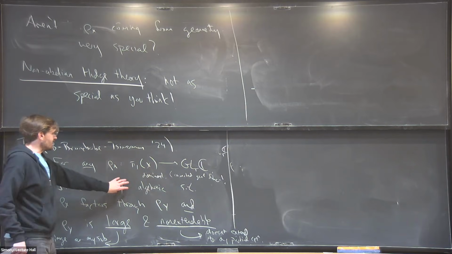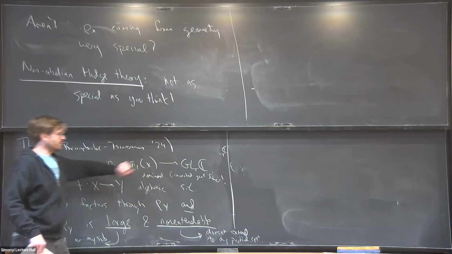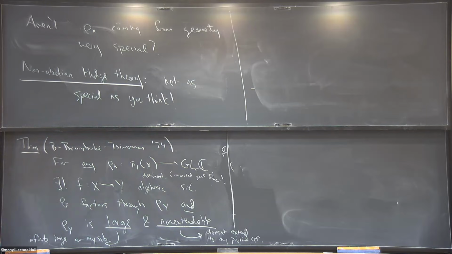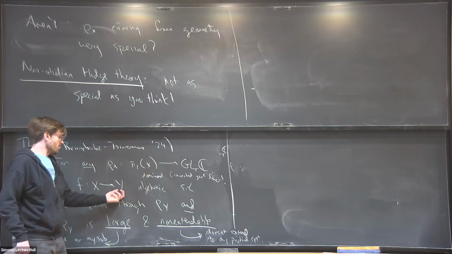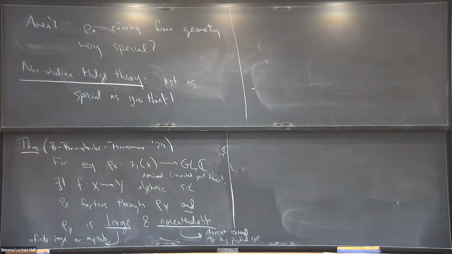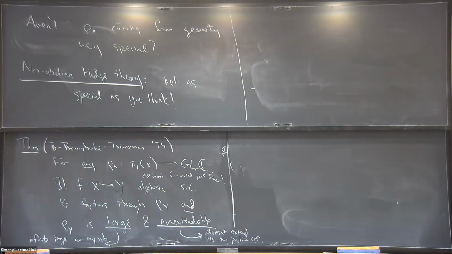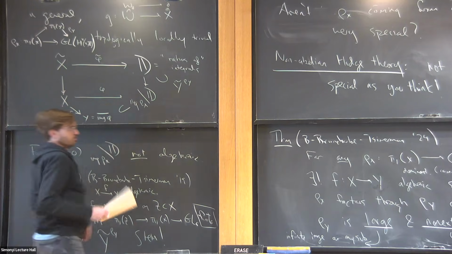And you should think of this as producing, for any local system on an algebraic variety, or for any representation of the fundamental group of an algebraic variety, a minimal model for that local system. Okay, so it's a unique algebraic variety which comes with the representation for which it's maximally non-trivial on all subvarieties and can't be extended. So this is essentially like saying any representation of the fundamental group has an associated period map in some sense, right? Because it's a map which is contracting everything along which it's trivial and which extends it as much as possible.